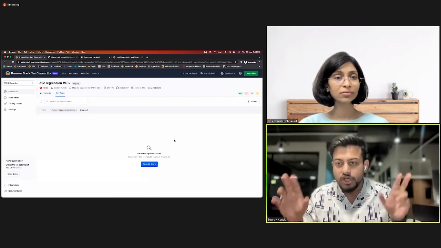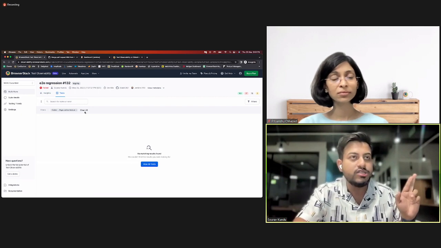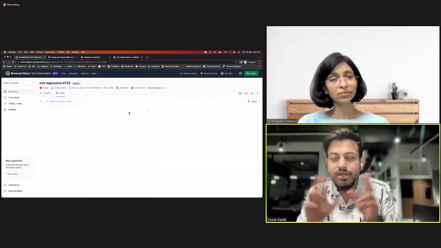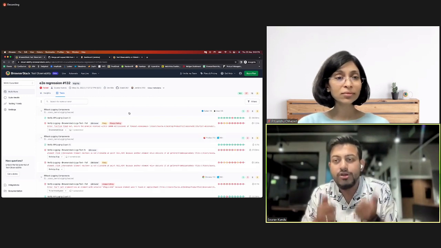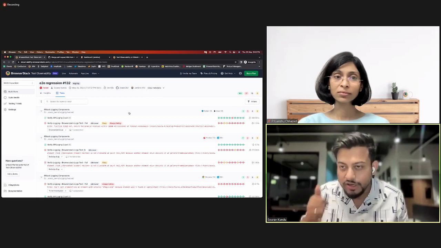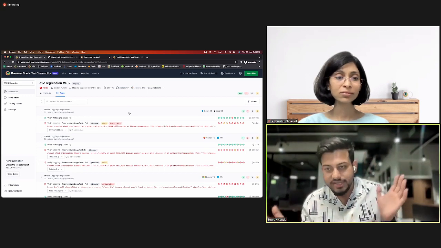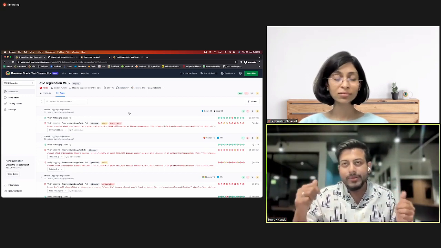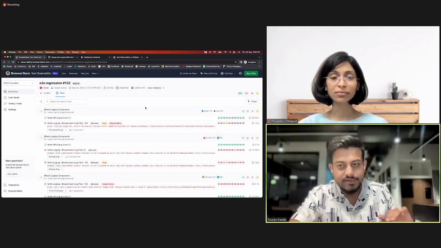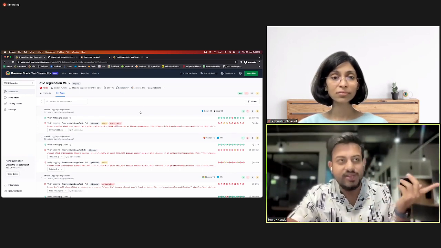So imagine you are an automation engineer. You can apply a module filter and look at the report for that module alone. You need not look at 5,000 test cases in the report. So that will become your view. You need not see everything else, right? And if you want, you can see them as well, right?